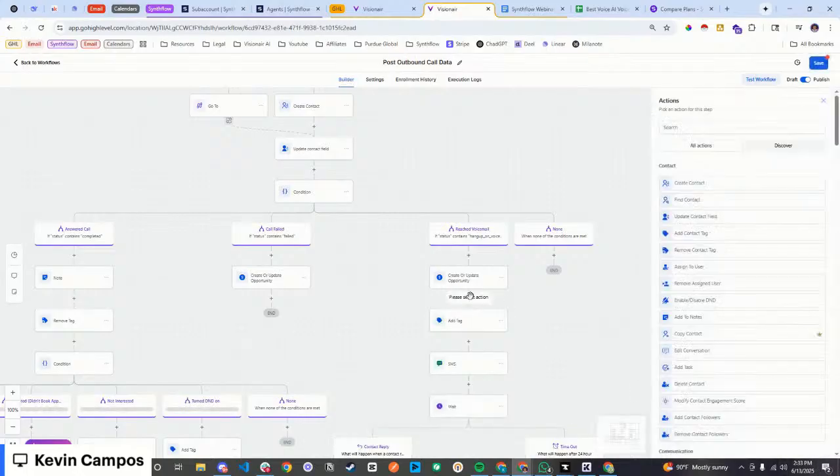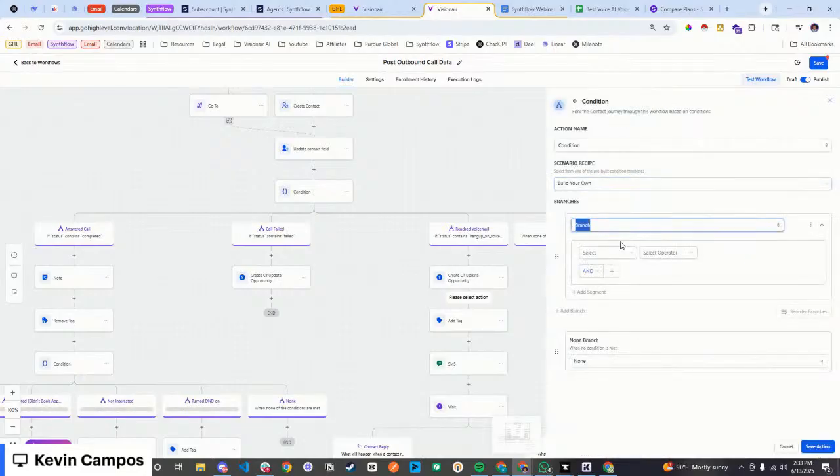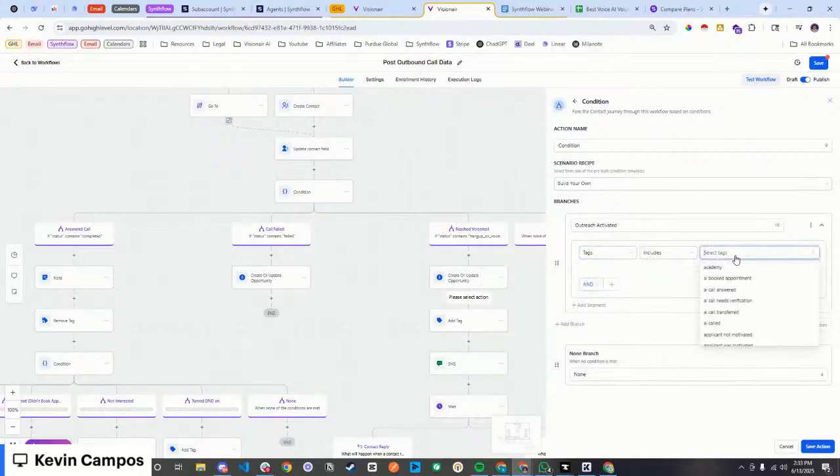And then here we're going to add an if else. Let's do outreach activated. Then we're going to go to contact details and check the tags, and in here we're going to include the tag SMS, email, voicemail activated.